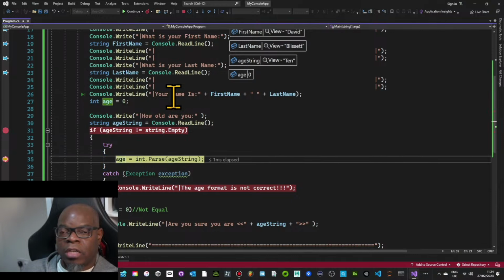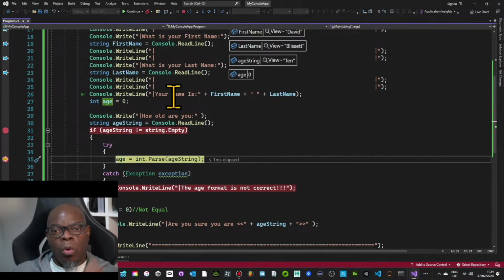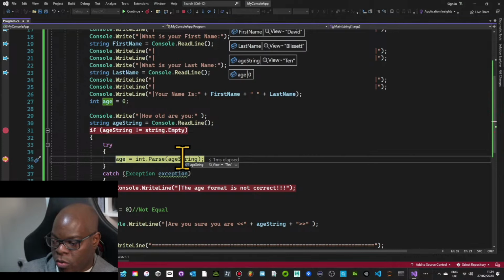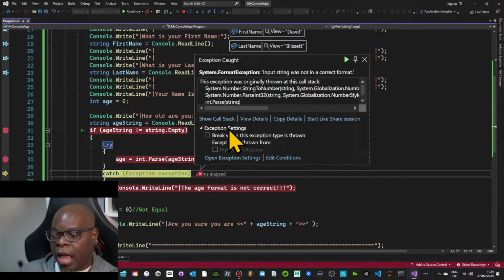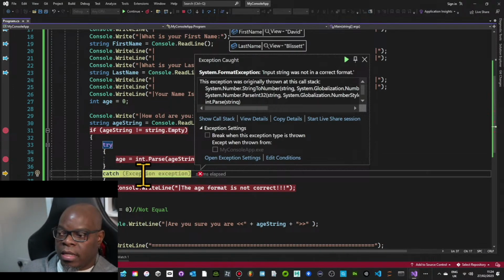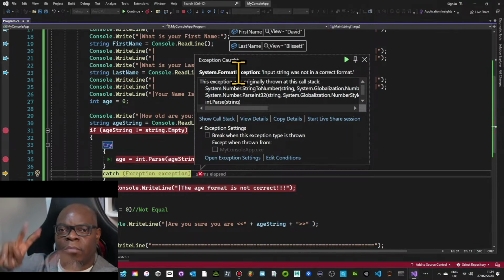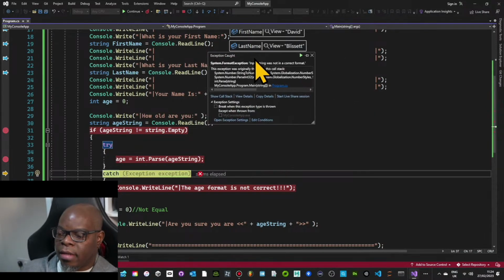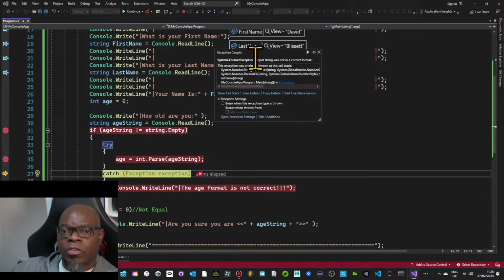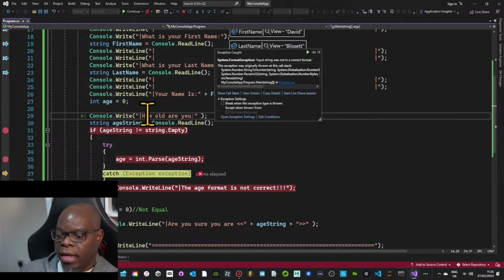And now I'm in that special try block where I want to see what's going to happen. So we know that it's got 10 in textual format, and I press F10 to step to the next line. It has found that it has a format exception. So format exception, it is derived from exception, as we call it in programming, but you don't need to worry about that just yet, right? It's just the principle that we're now capturing that exception. And so if I go ahead and press F10,